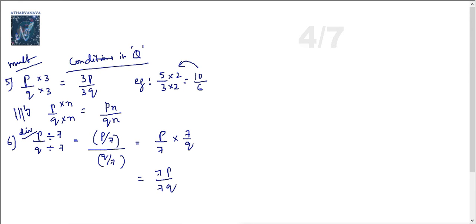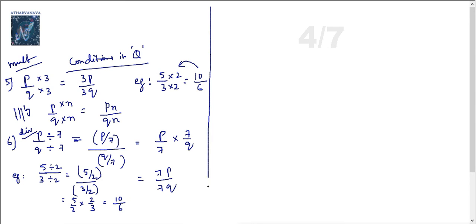So overall, you have divided a number P by Q with the same number in the numerator as well as the denominator. Still the entire rational number doesn't change, it remains the same, except the numbers are different. In this case, for example, the same 5 by 3, I'll divide with 2 and 2 here. What will happen? 5 by 2 by 3 by 2, I'll write, and then I'll write as 5 by 2 into 2 by 3, so 10 by 6. See, you can see that. So the concept is basically the same.